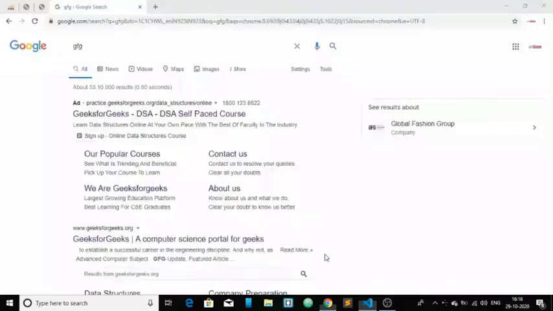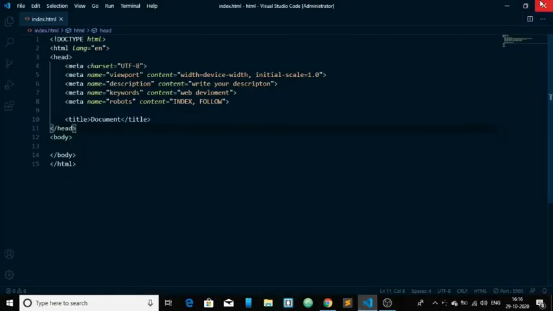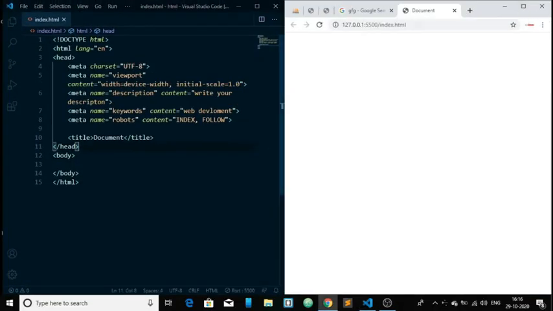Just click on open with live server and you can see this document. Actually this is the title tag. So if I change this, let me minimize it first, and change this to website, now you can see it has changed to website.